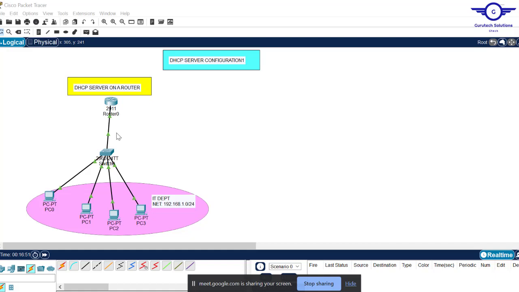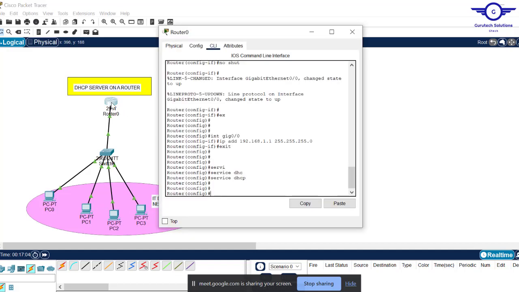So I was saying that we create pools. For example, this is the IT department. So we create a DHCP pool for the IT department, so that pool should be responsible to provide IP addresses to IT department devices. So we go to this router,